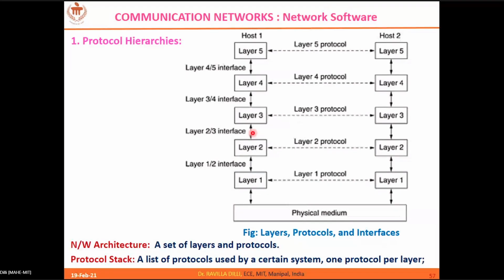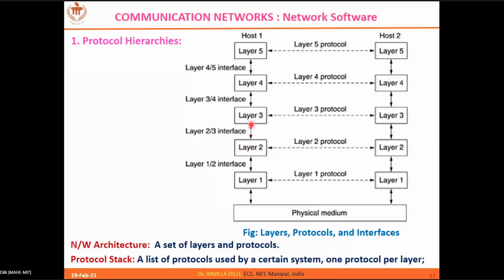So for simple understanding, I'll tell you an example. When you go to a restaurant, what do you do? First you look at the menu card, right? It says what items are available in the restaurant, right? So you will come to know. That is a kind of interface. The menu card is an interface here. It gives an idea about what different items the restaurant can offer.